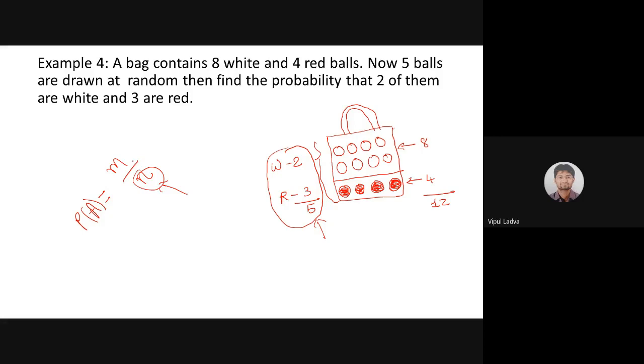Now, here, selecting 5 balls out of 12 will lead us towards the total number of cases for this event. Among those 12, 5 balls can be selected in so many ways. I can select first, second, third, fourth, fifth, one way. I can go for first, second, third, fourth, sixth, or first, second, third, fourth, seventh. There are so many ways. For that, we have a mathematical function, as Bhavdeep said, known as a combination.